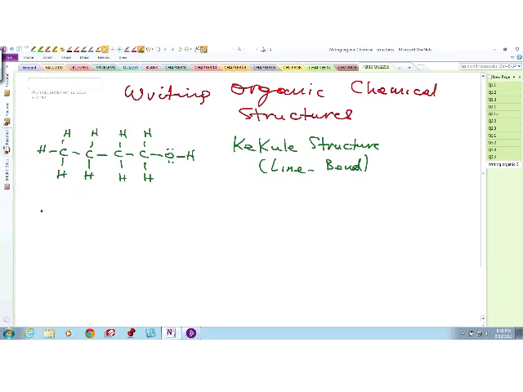Now, we could also write this structure in what we call a semi-condensed structure, in which we take a look at this carbon bonded to 3 hydrogens, just simply call it CH3, and then we show the bond between this carbon and this carbon, and then we have this here as CH2. I know we've done this before. Another CH2, another CH2, and then of course